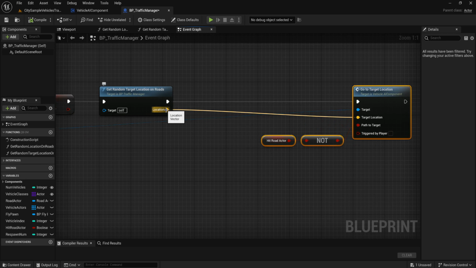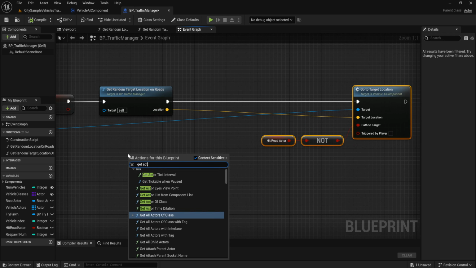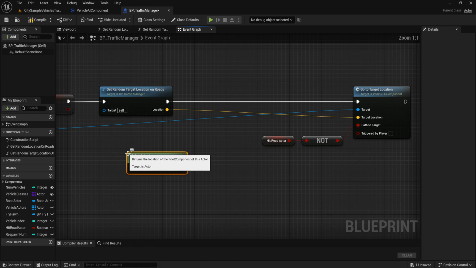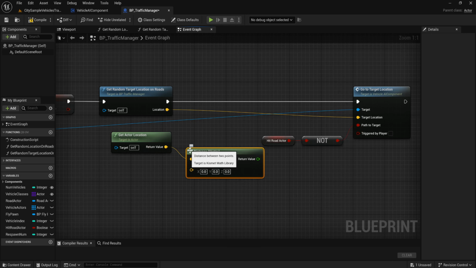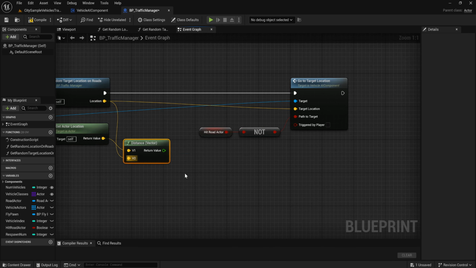So if it is near, we do another get random target location. Get actor location, distance with this,